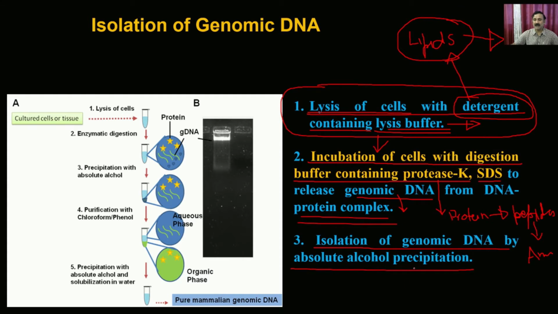Once you do that, it is going to precipitate the DNA, but this DNA is going to have a minor fraction of protein and the lipids as well. Because you are isolating from a complete complex mixture with the help of absolute alcohol, the DNA is not going to be as pure as what is required for genetic engineering applications. So this DNA has to be further purified with more reagents so that you will be able to get high quality DNA.